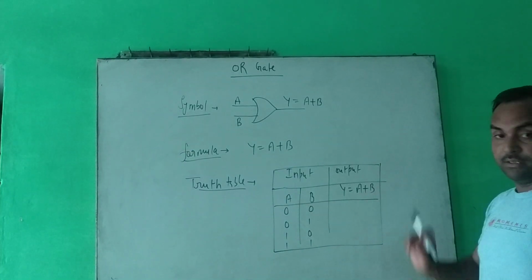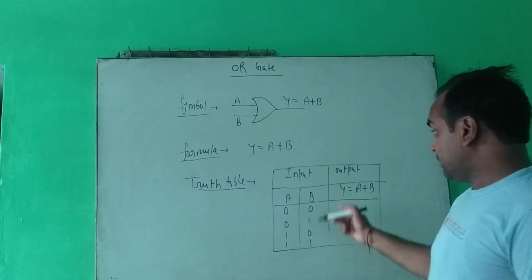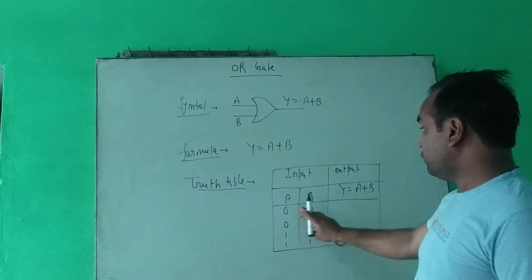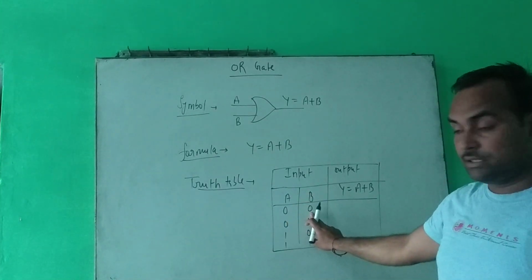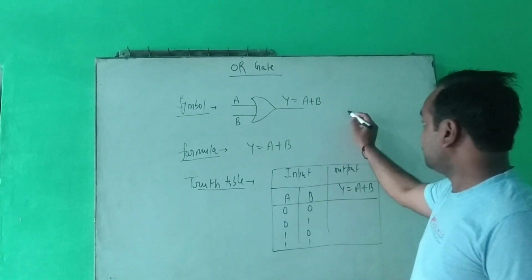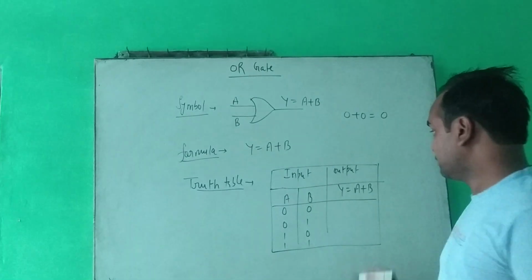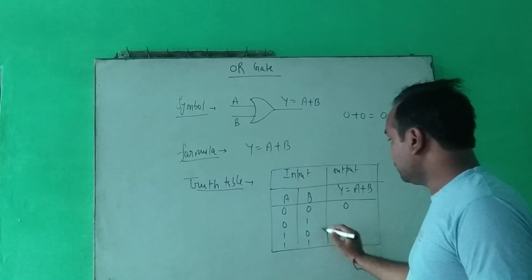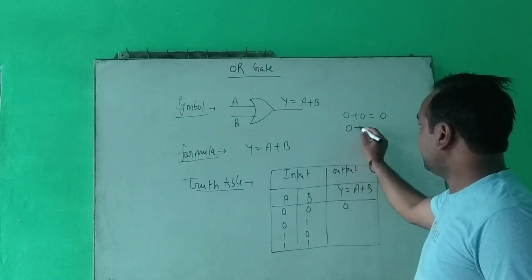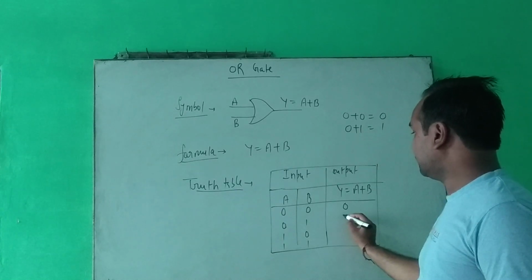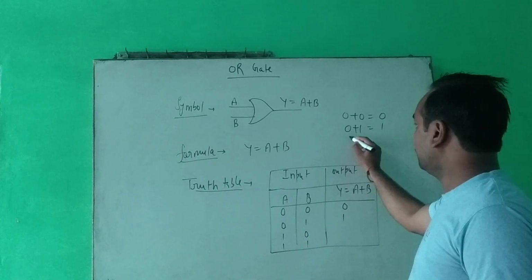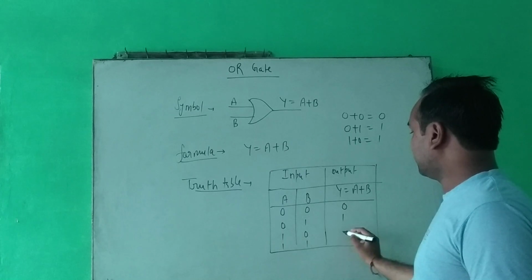If the value of A is 0 and the value of B is 0, then 0 plus 0 equal to 0. We put here 0. Then 0 plus 1 equal to 1, 1 plus 0 equal to 1,